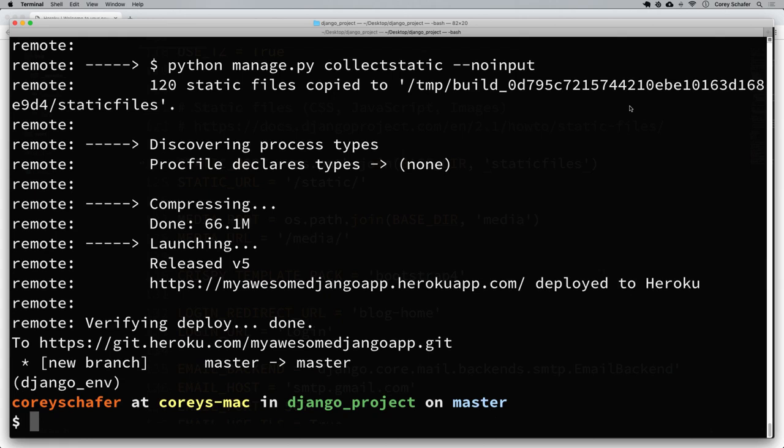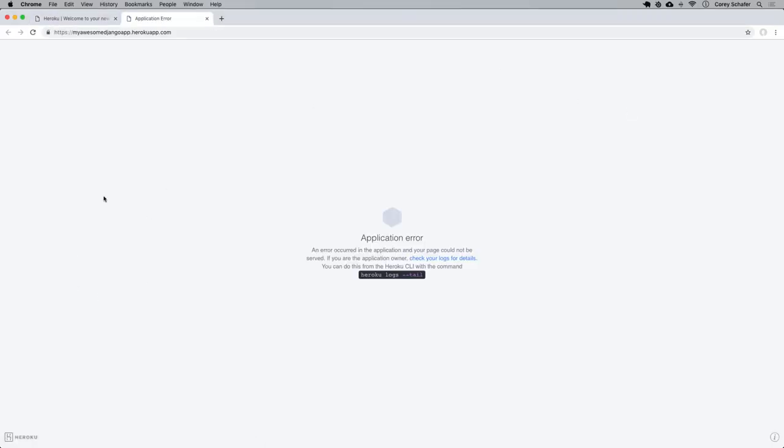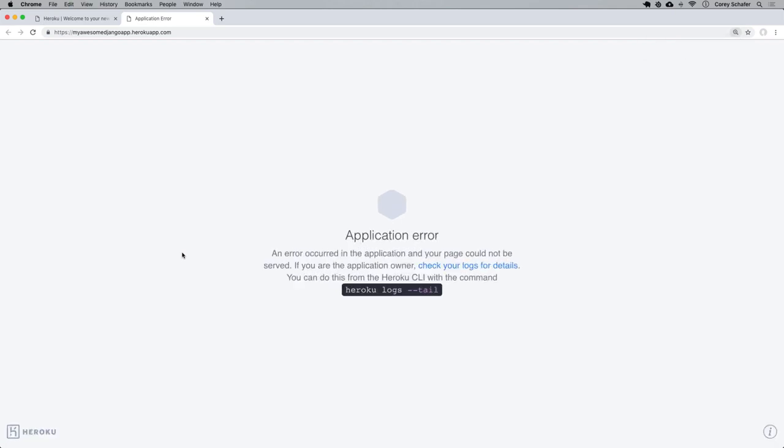But now let's try to open our application in the browser. And again, if I clear my screen, we can do that with heroku open. So I'll run heroku open to open our application in the browser. And now let me make this a little larger here so that you all can read it. So now it's telling us that we're getting an application error. So this is different than getting an error during deployment. So it gives us a hint here. It says that